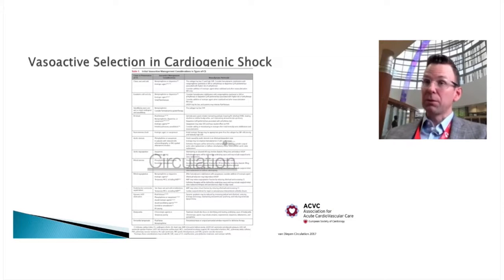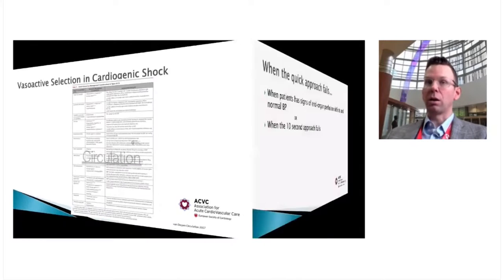Think about HOCM, for instance. Identifying HOCM goes back to Sergio's comment about using echo. In those cases, you'd want to use a negative inotrope and phenylephrine and vasopressin. Mitral stenosis, severe mitral stenosis with atrial fibrillation, the same. Aortic regurgitation, you want to maintain a higher heart rate for shorter diastolic filling time. So something with more chronotropy would be preferable. So put some thought into the cause of cardiogenic shock, because you may want to tailor your therapy accordingly.